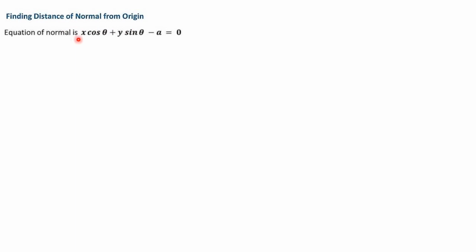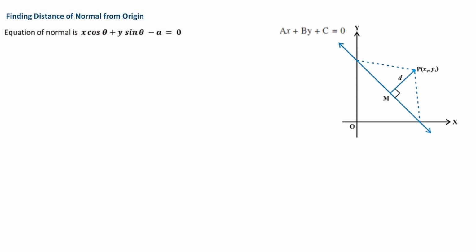For that, as I have discussed before, we have to recall a class 11 topic. So suppose there is a line ax plus by plus c is equal to 0, and if we want to find out the distance of this line from the point P (x1, y1), there is a formula you have learned: d is equal to modulus of ax1, this a, the coefficient of x, into this x1, plus by1 plus c, divided by root of a square plus b square.